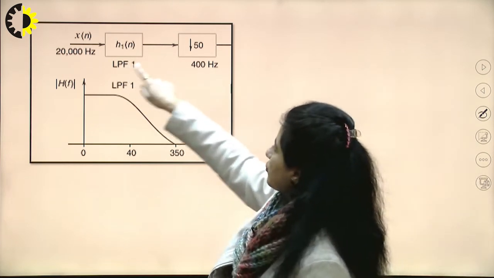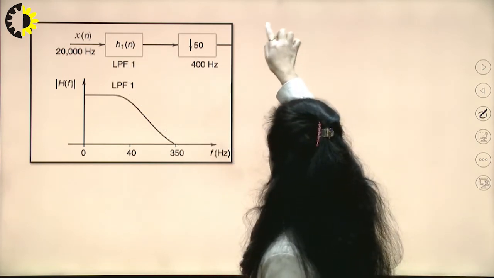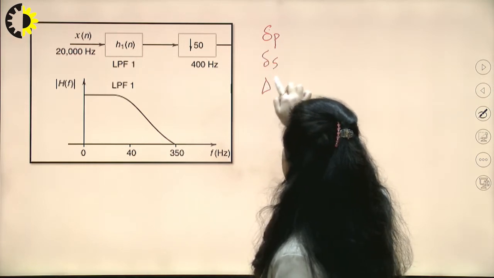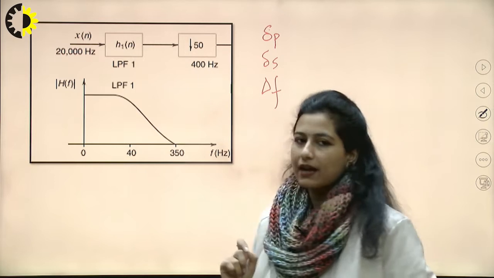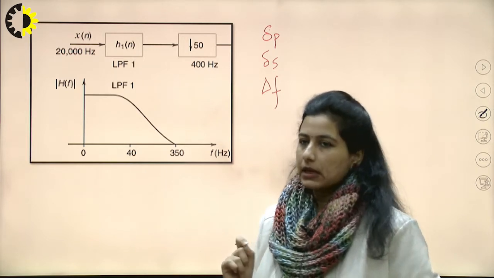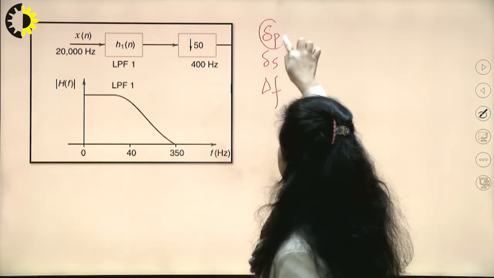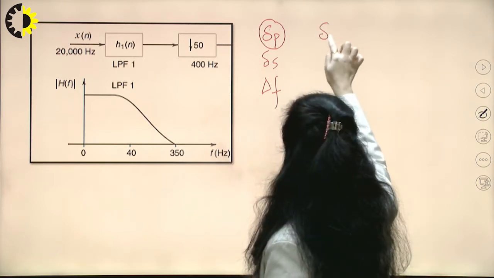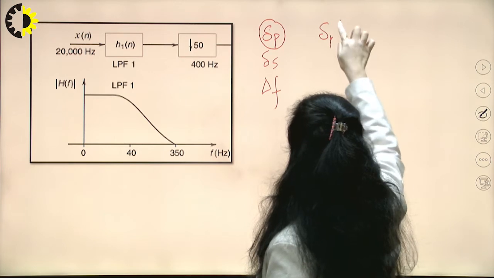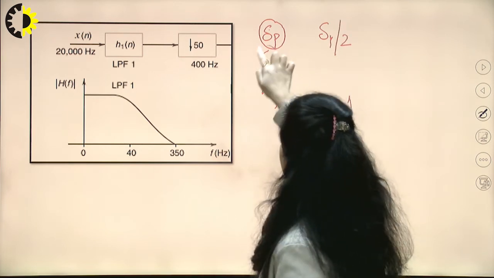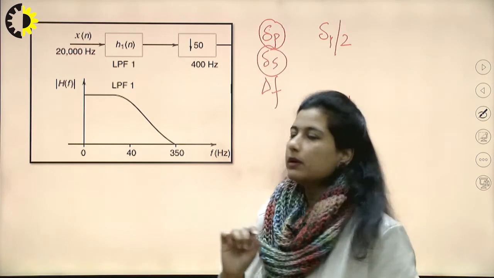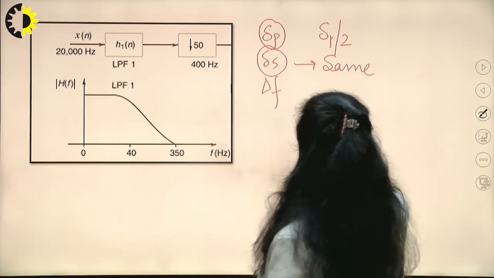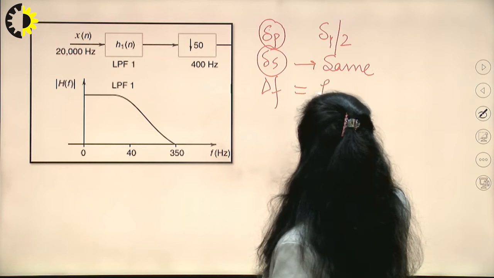So what I have to do, I know delta P, I know delta S, and what I need is delta F. One thing I have to see, whenever I talk about ripples, the ripples have to be equally distributed between the 2 stages. So the ripple factor which I am going to use is delta P by 2. The ripple factor has to remain minimum. This would be the same for both these stages, and delta F would be calculated as Fs1